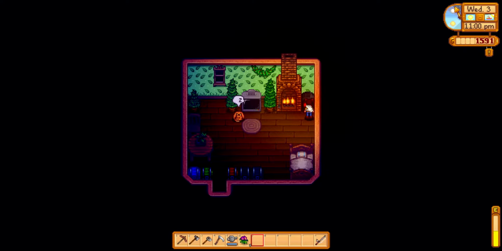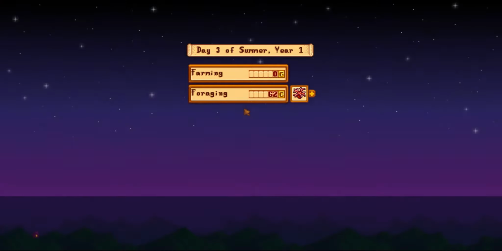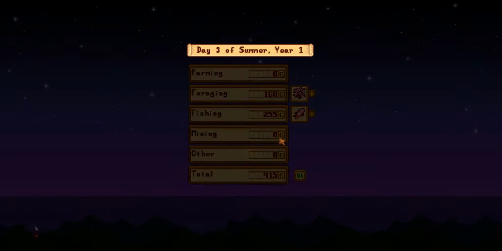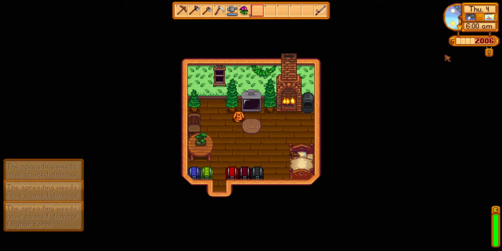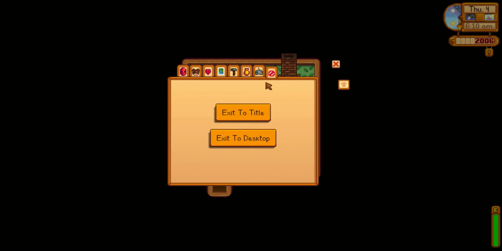We need an upgraded axe before we can get hardwood. And it's time to start collecting hardwood. Yay! So those are the first 3 days of summer. Oh, we're just shy. Don't have 2,000, so we won't be able to get Clint started today. Okay. But we're not going to do that because what we are going to do is we're going to exit